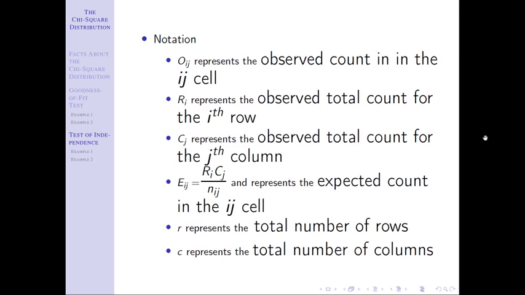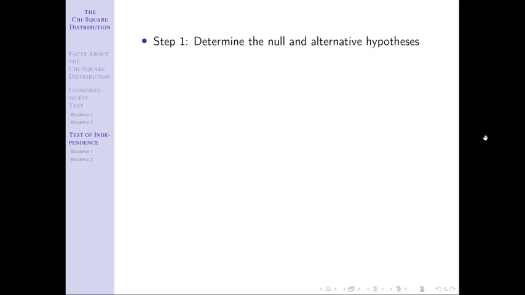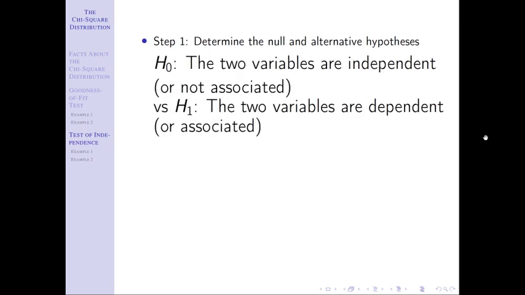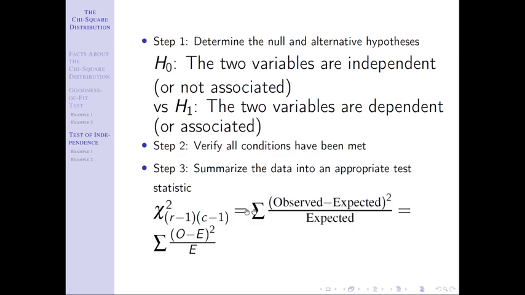So the process for running this test is going to look very, very similar as before. The differences are going to lie mainly in the hypotheses. There is only one option for the hypotheses. There's not two as there were in the previous one. The null is that the two variables are independent, or not associated, or not related, versus the alternative that the two variables are dependent, associated, or related. The degrees of freedom are going to look a little bit different. Our degrees of freedom are going to be found by taking r minus 1 and multiplying that by c minus 1, so key difference there to note. But the test statistic works out the exact same.